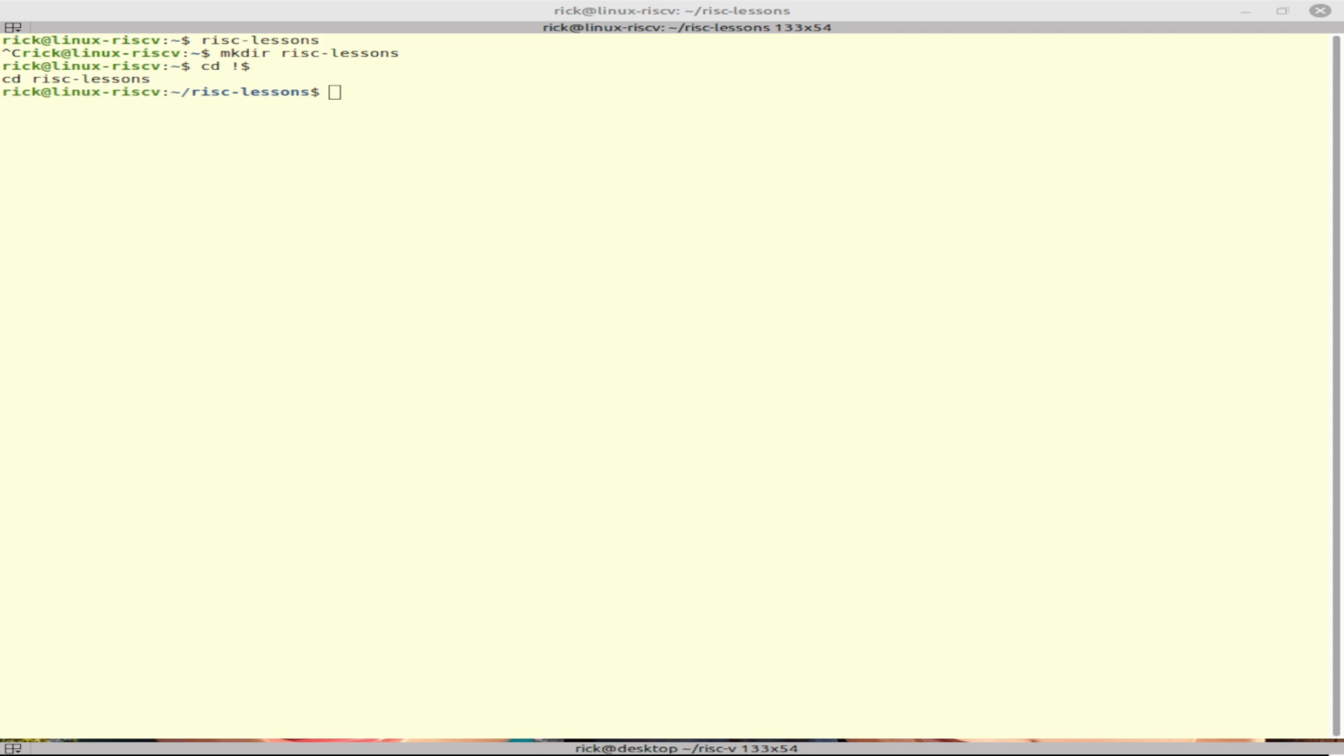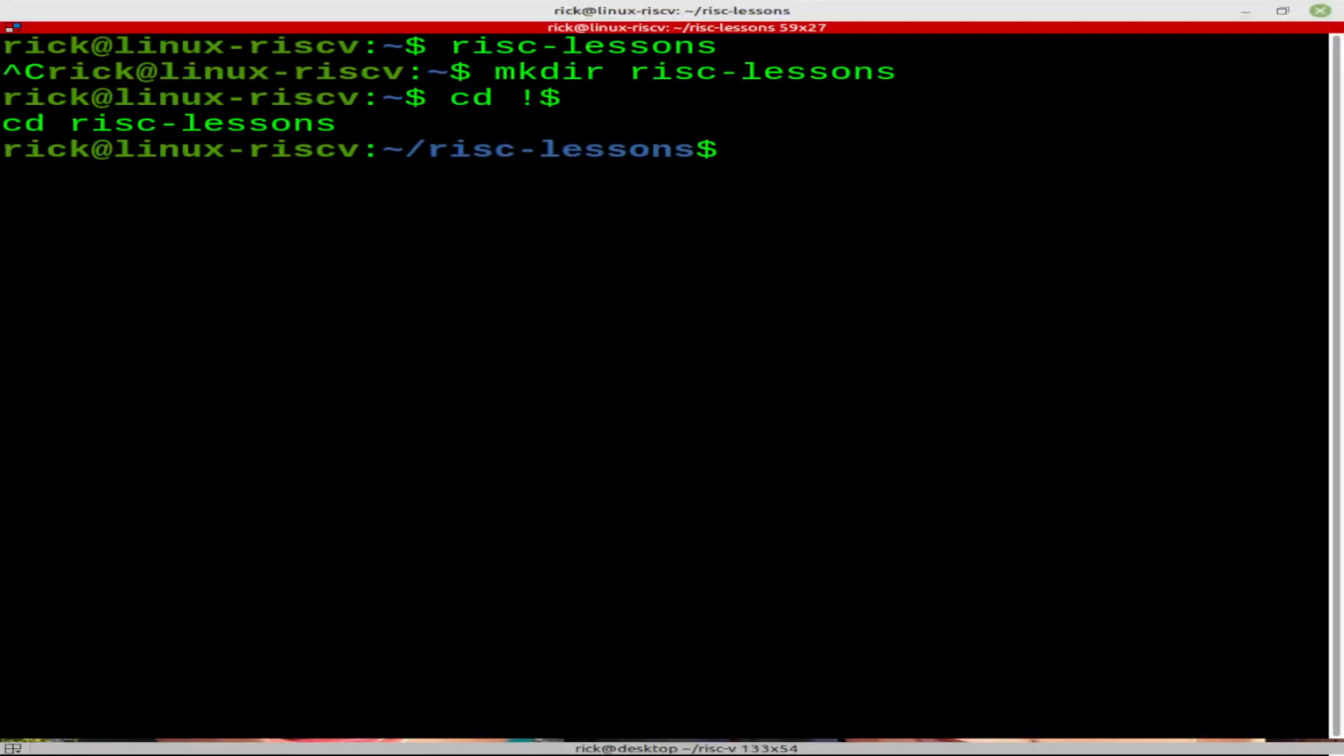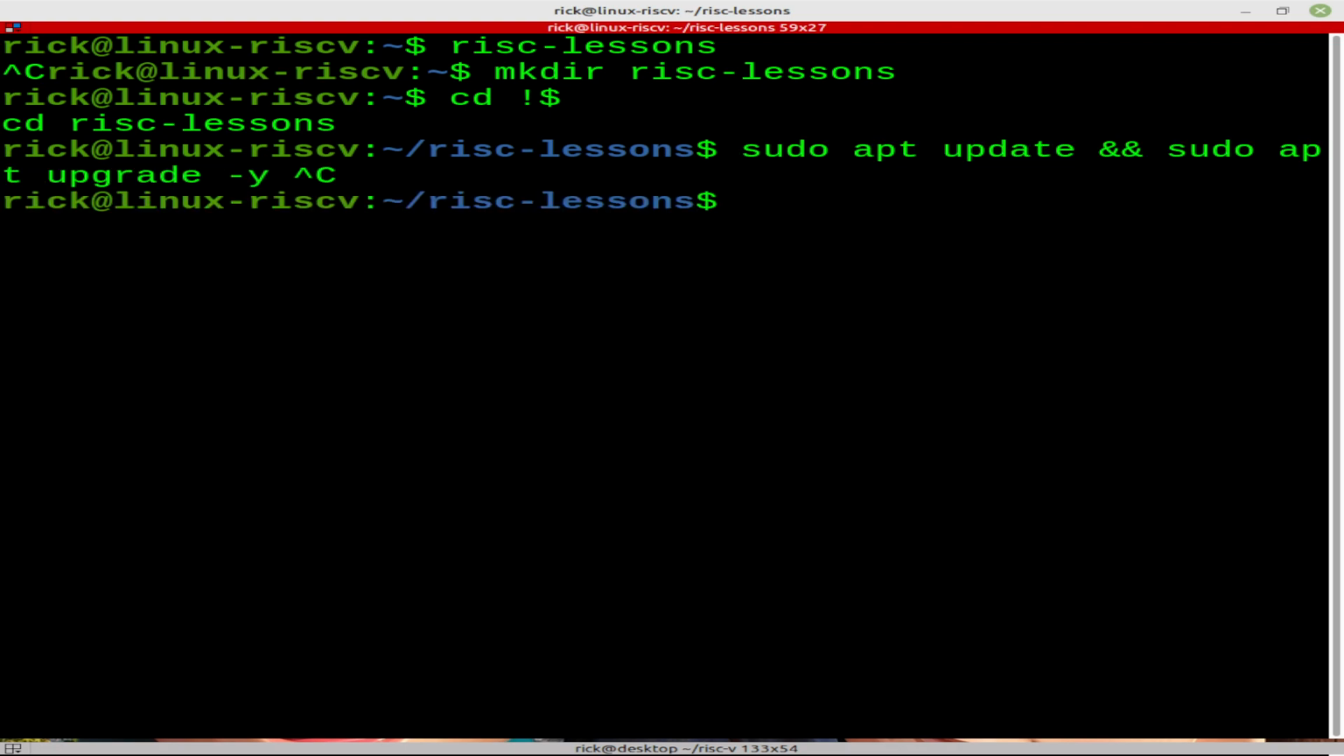Now, the very first thing we're going to need to do is update our system, right? That's a bit better. To update the system, it's relatively straightforward. All we need to do is sudo apt update and upgrade, like this. I'm not going to run the command myself because it'll just take too long. But basically you just do an update and upgrade to make sure that your system is as up to date as it can be